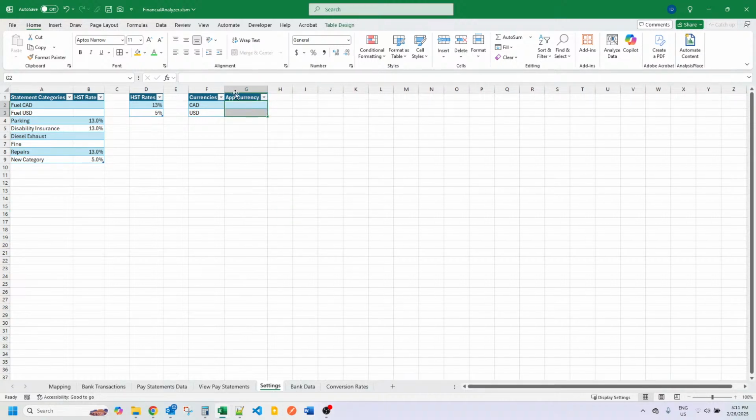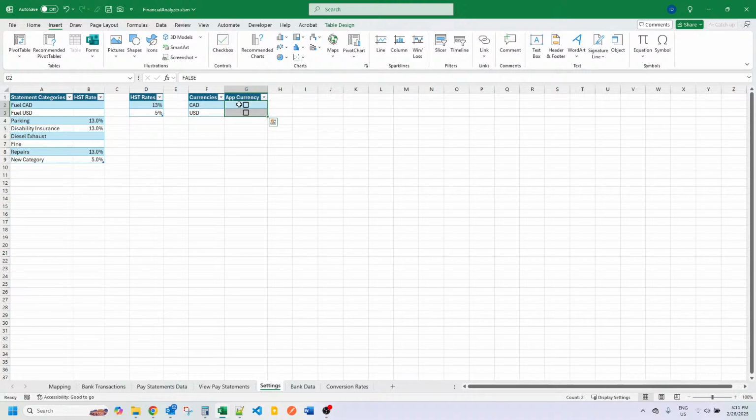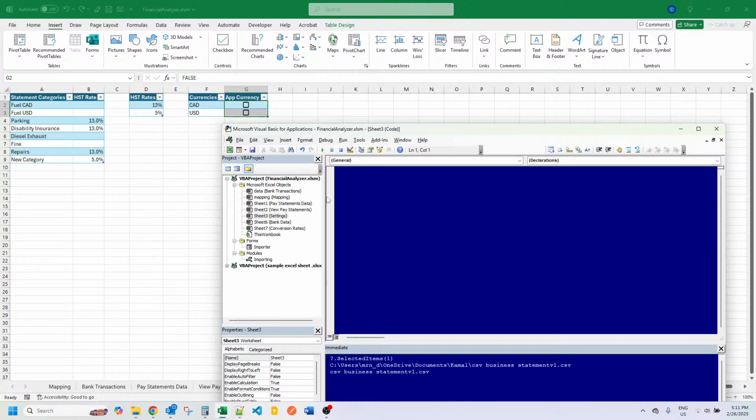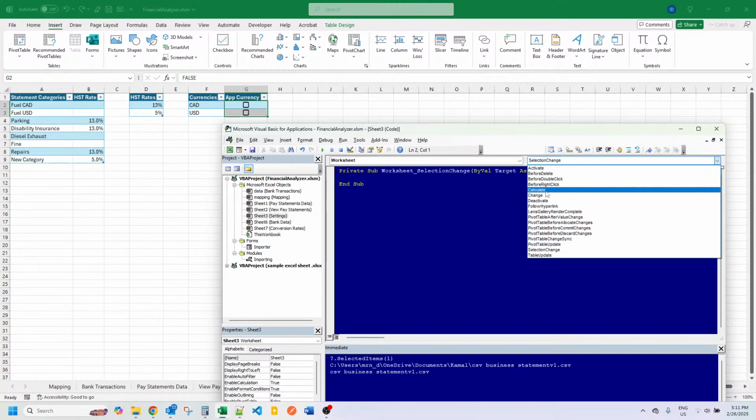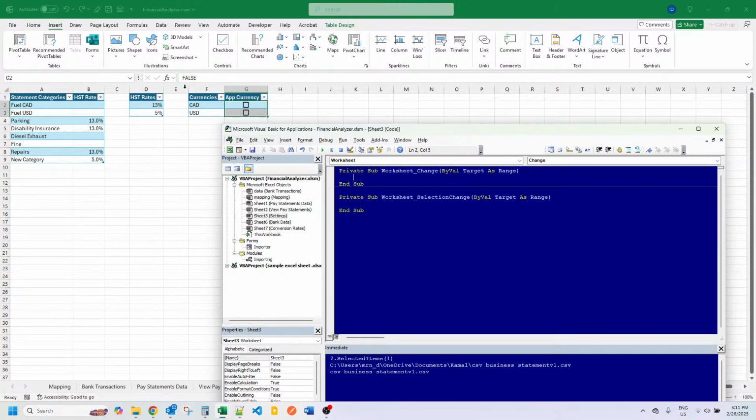Okay, so basically what we're doing here is making some checkboxes. And we want to say that I can only select one at a time. I haven't really built something like this before, but let's try it. So in the view code area, we're going to say that on change, we're monitoring this column, so 7. So if target.cells.count equals 1, then if target.column equals, what did we just say, 7? Yeah, and then